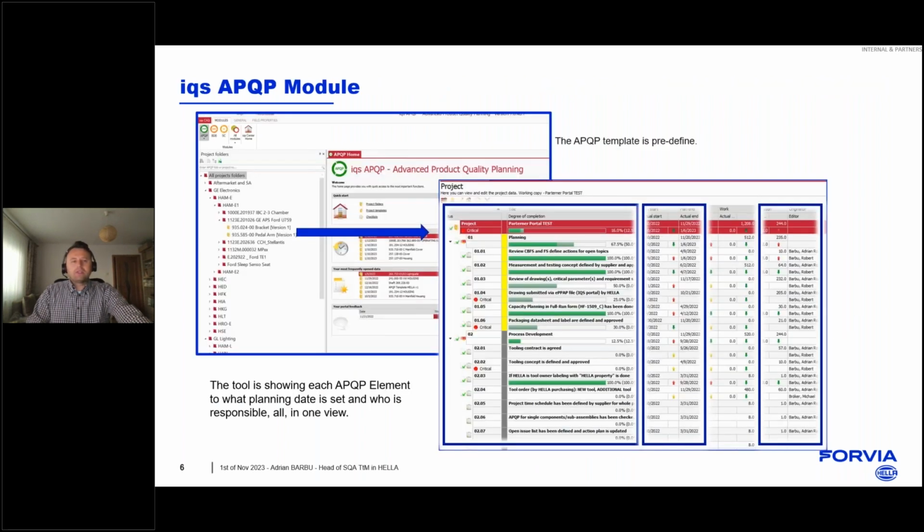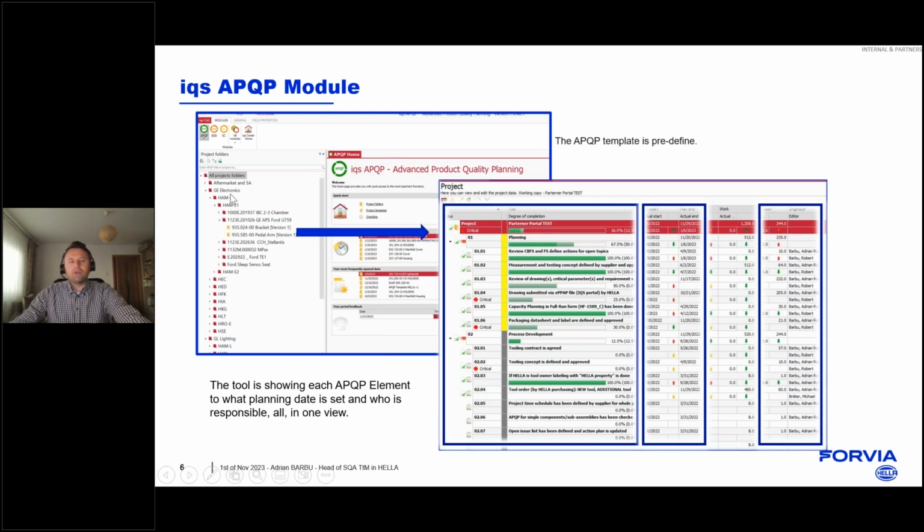So going forward, I will now shortly introduce the IQS system that we are using. So the IQS APQP module. The IQS system is one APQP, the APQP which we try to define with our suppliers. It's a specific description of every action or every item that our suppliers need to work on with us. It has a clear structure on how we make the assessments and the tracking of our projects. We have developed it in a way that it's well described by the plants.